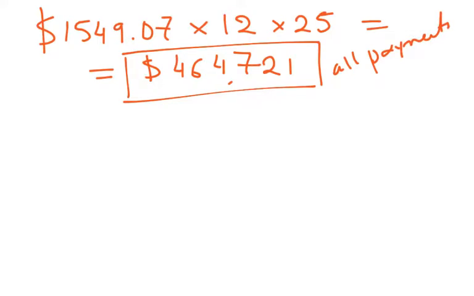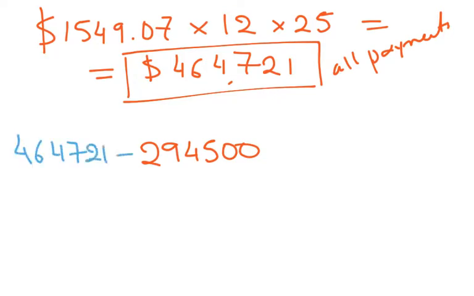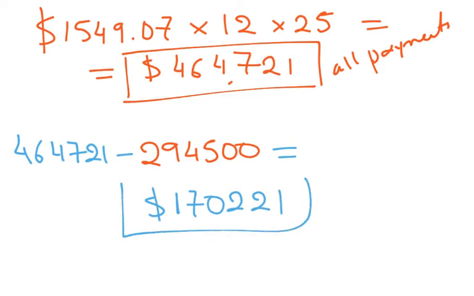Well, what's the total interest that she paid? Initially, she borrowed $294,500. That's how much she borrowed, right? But she ended up paying the $464,721. So take those two away. So 464,721, take away what she initially borrowed. I'm going to end up with 170,221. Okay, so this is how much she paid in interest